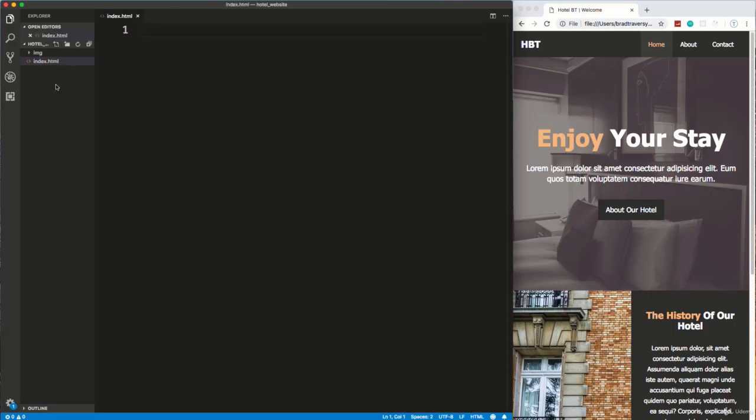I clicked this icon. And we might as well create the rest of the HTML pages. So we'll do about.html. Let's do contact.html. Okay, and we're also going to need our CSS, our style sheet,